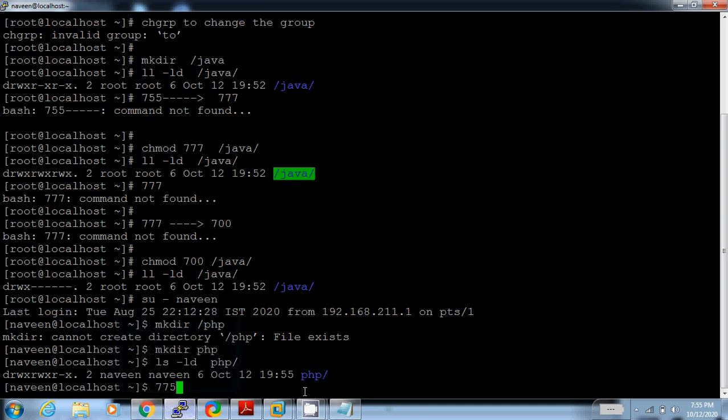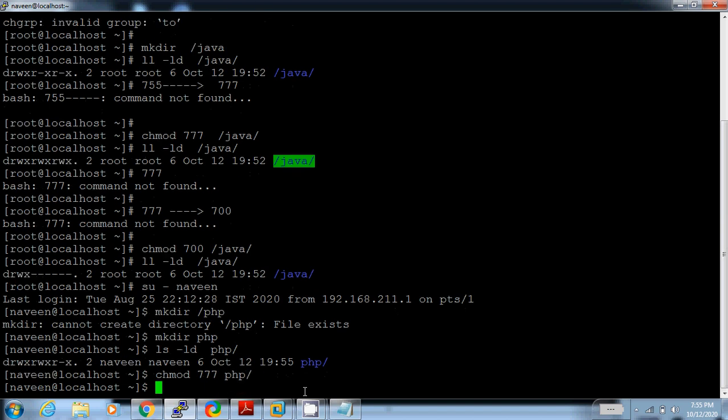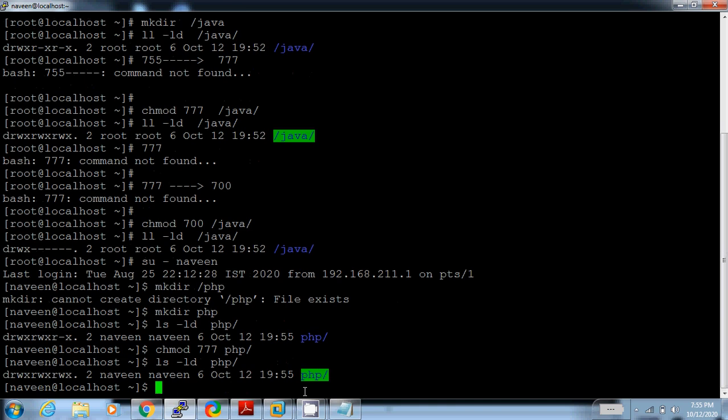Now I want to change the permission of php folder. chmod 777 php. Now permission has been changed, and check the permission. Now permission is rwx for user and rwx for groups, and this is for others.